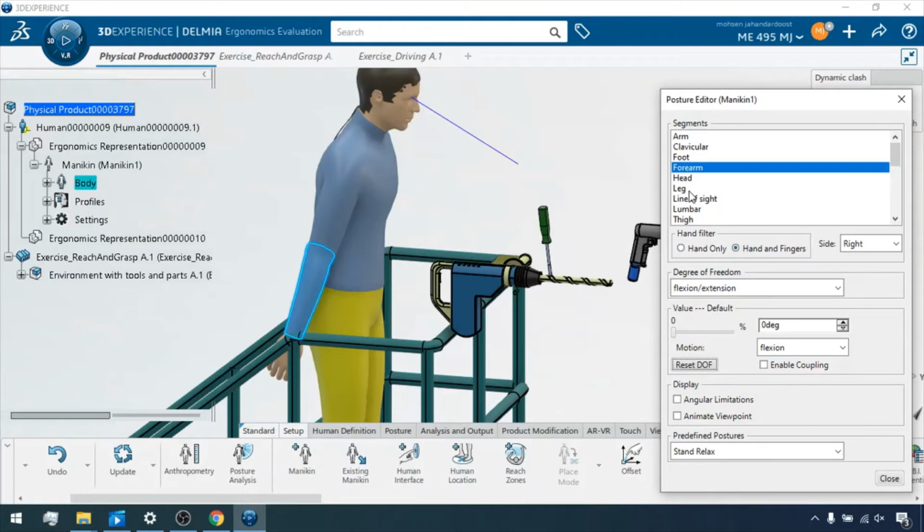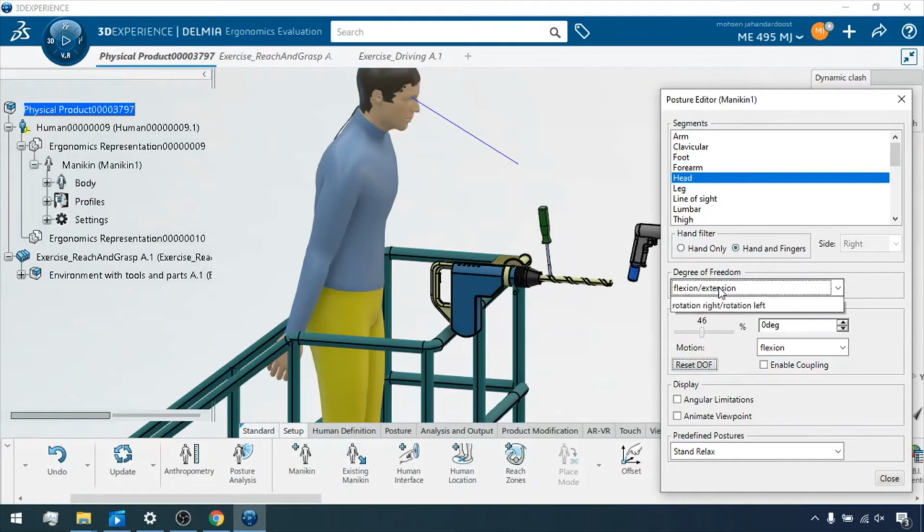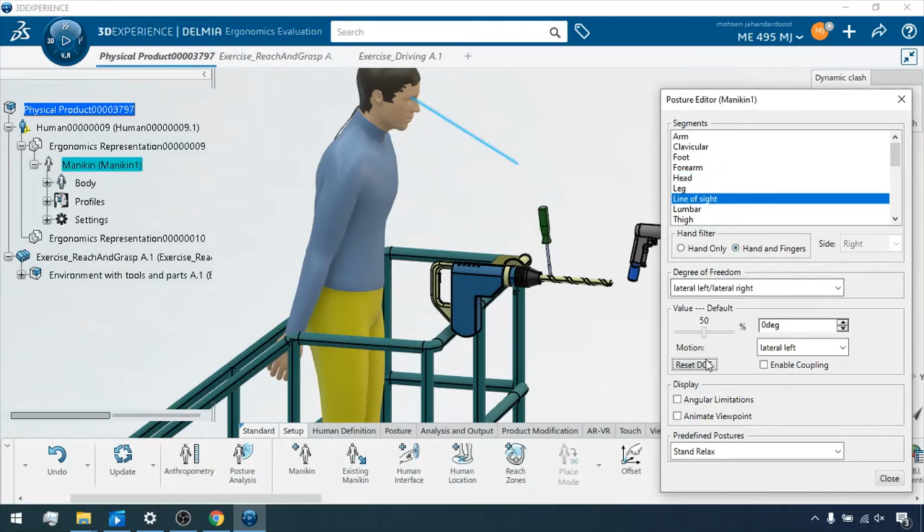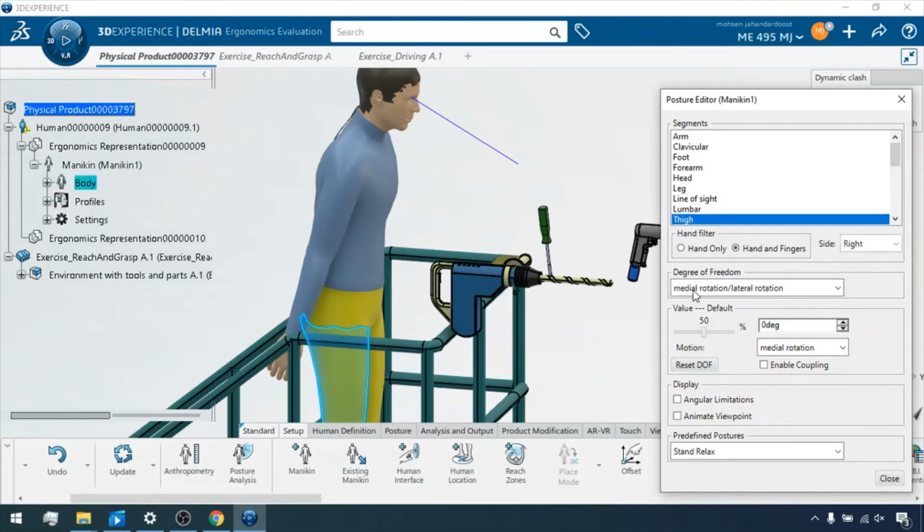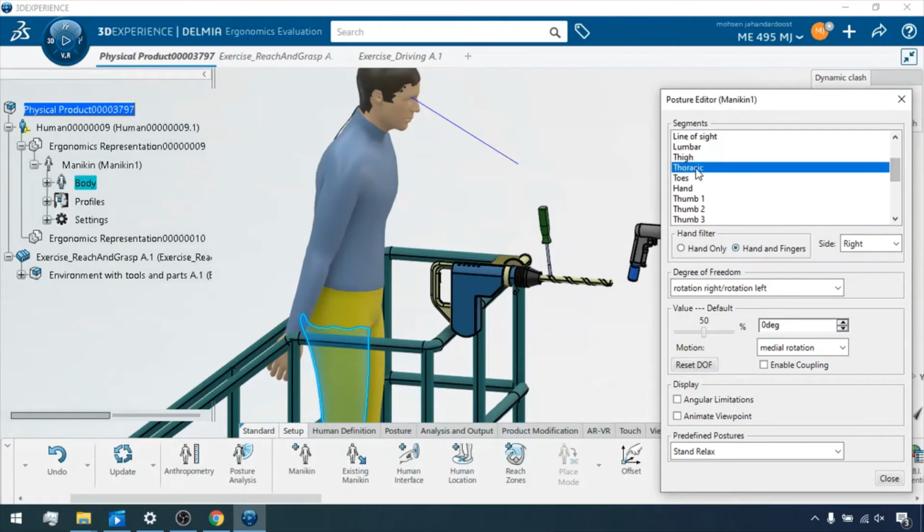Change the head maybe, let's see. I put everything on the line of sight, on the original location, original configuration, and hopefully this time it doesn't get those strange